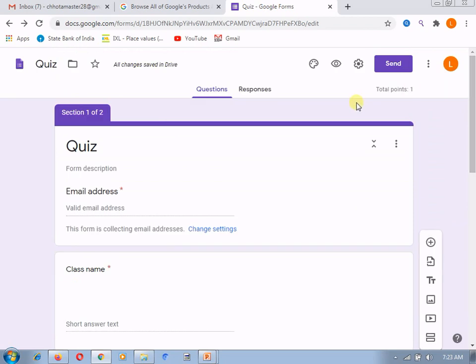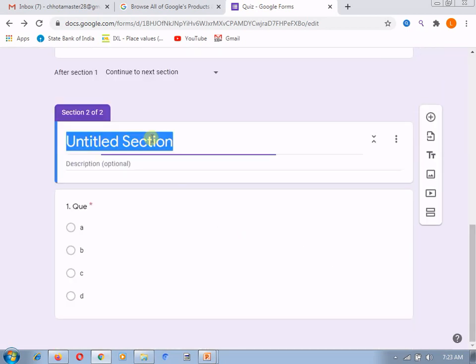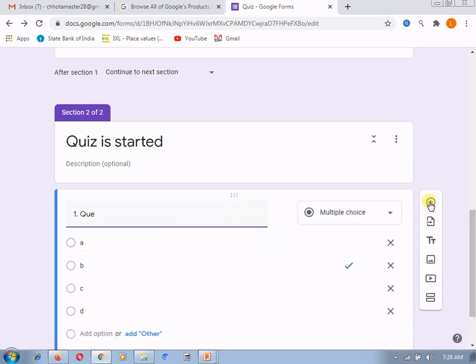Section 1 is the section where the primary information is collected from the user. This is the section from where the quiz is going to start. So quiz questions are going to start here, or whatever you want to name this section, you can give.